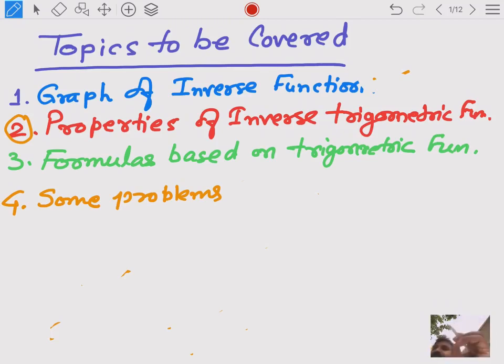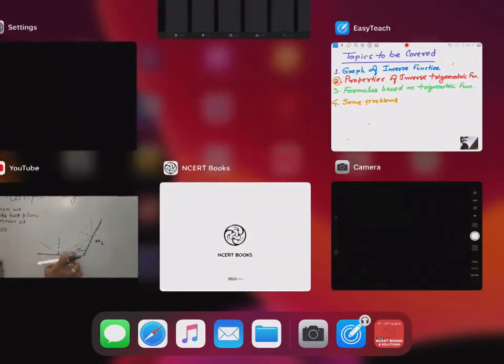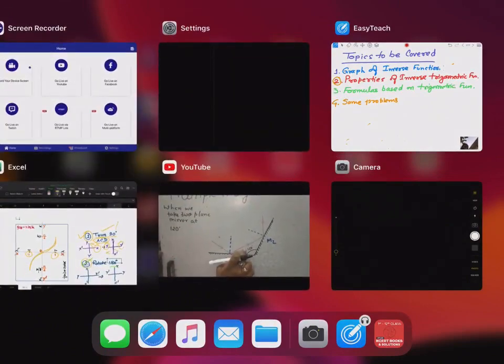So yesterday I told you about a project work in mathematics: how we can convert the graph of any direct function into the graph of the inverse function. So students, again we will see it by an example. Please watch it and use this concept at home in this lockdown period, and definitely you will be able to find the graph of the inverse of a trigonometric function.